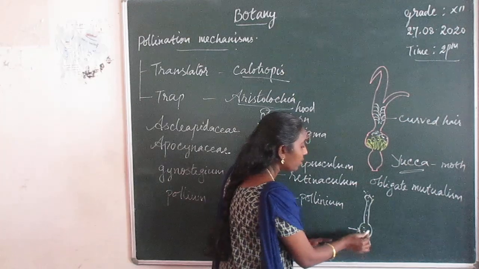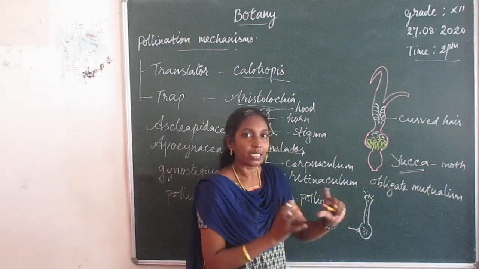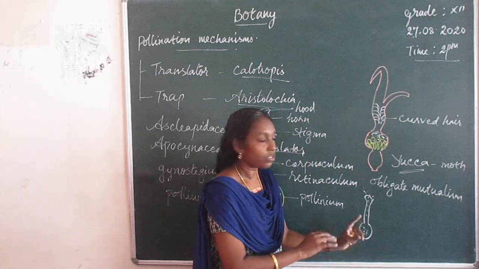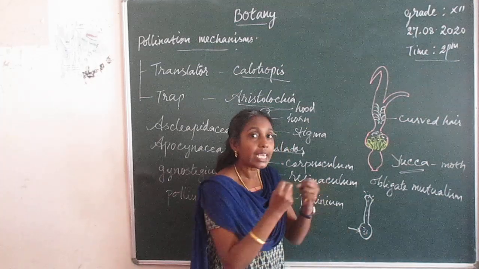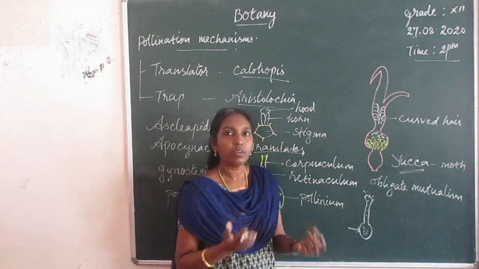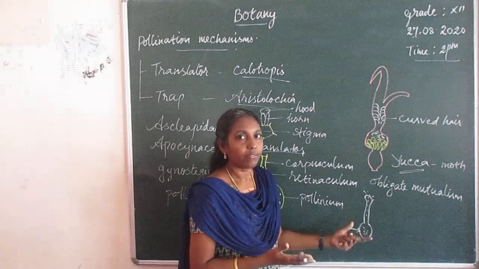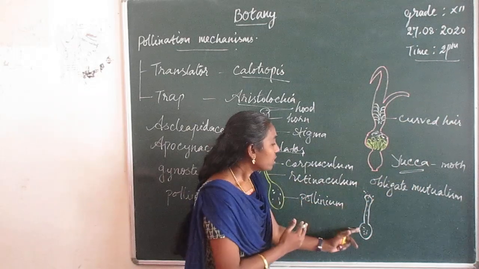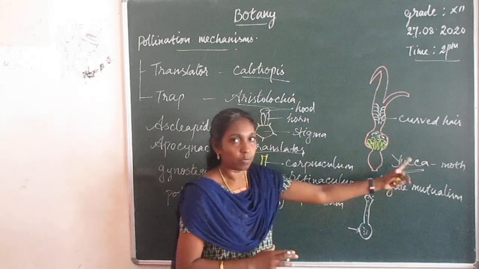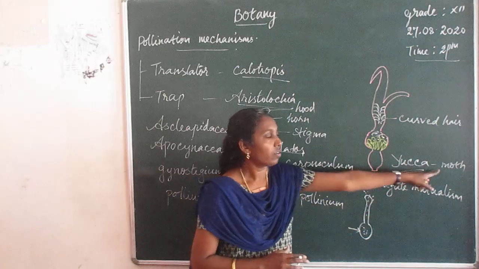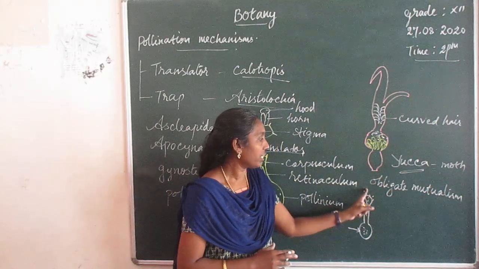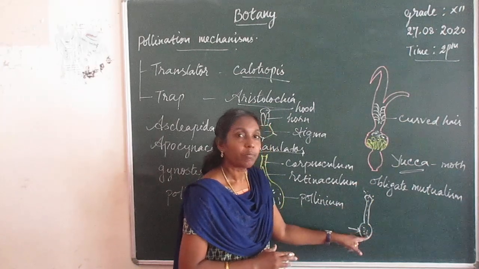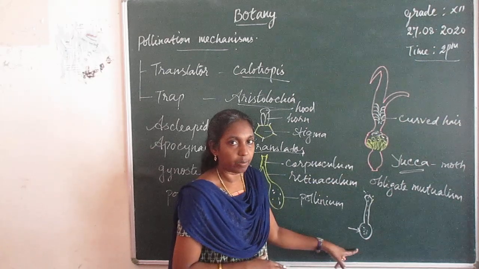This moth has already hatched an egg inside, and the young larva is there. So when the seed develops, the larva eats the seed, and some of the seeds are unconsumed. So they are left for propagating a new generation of the yucca plant. Without this moth, the flower cannot pollinate. When the moth comes and visits the flower, it pollinates. It dusts the pollen grains onto the stigmatic surface, and effective pollination and fertilization take place.